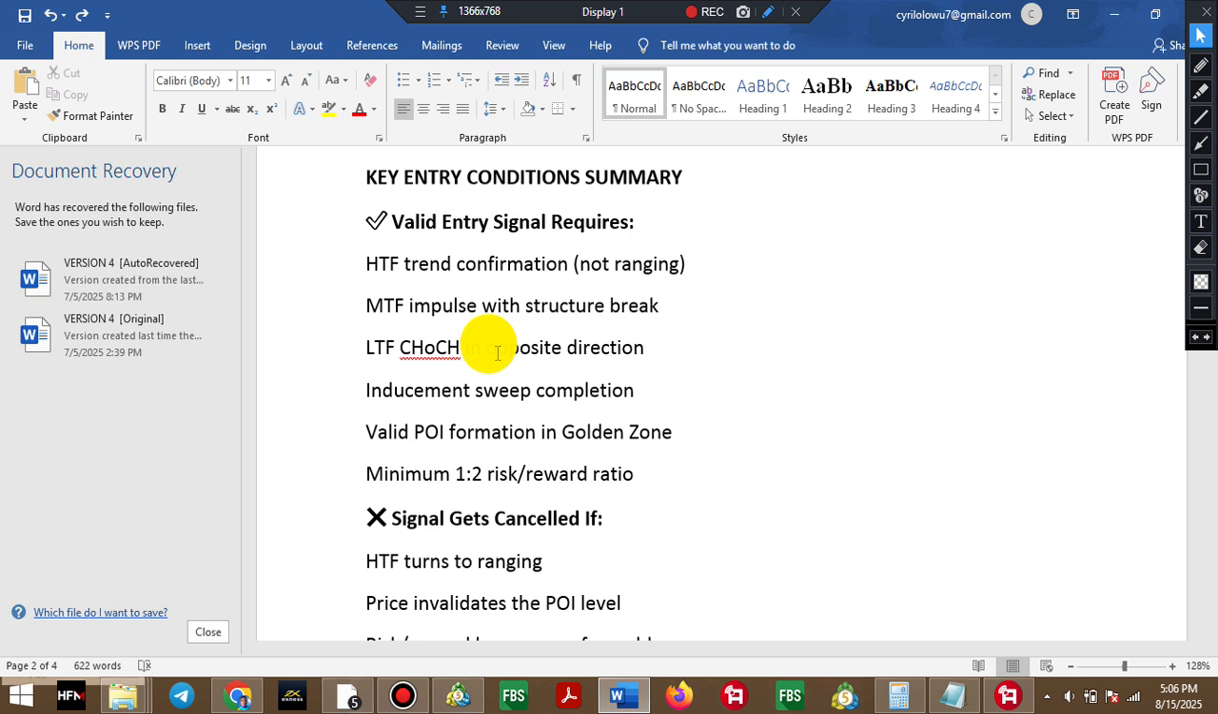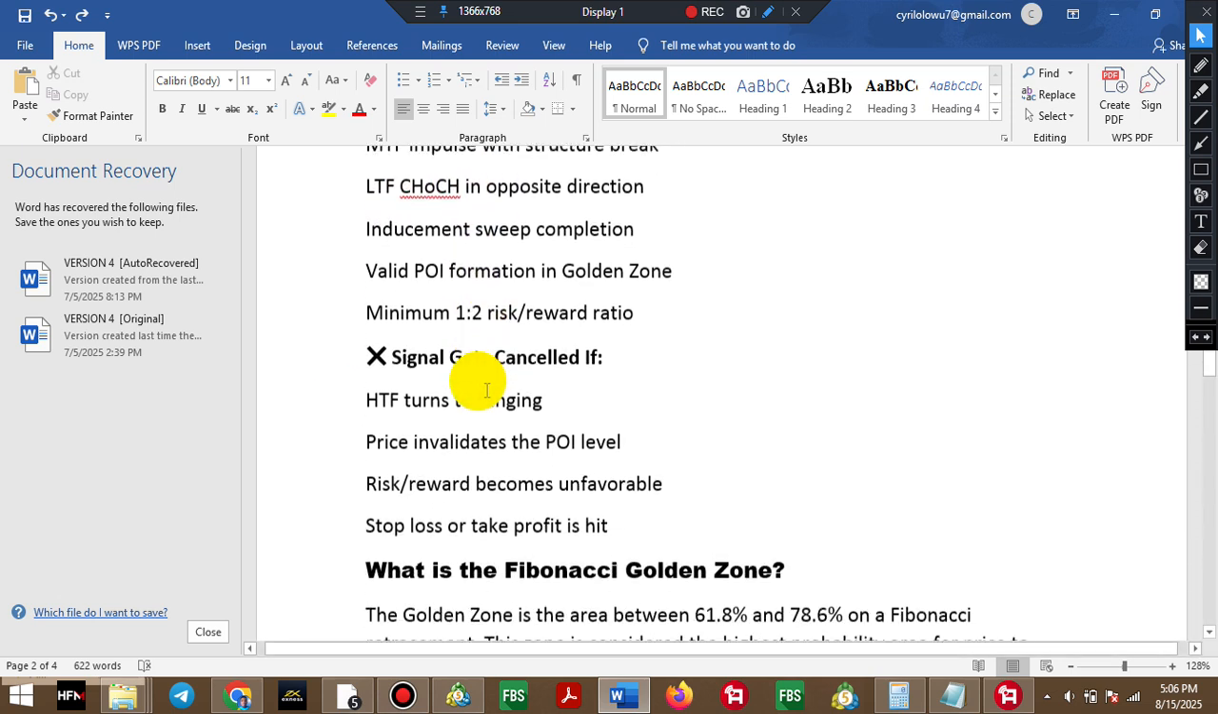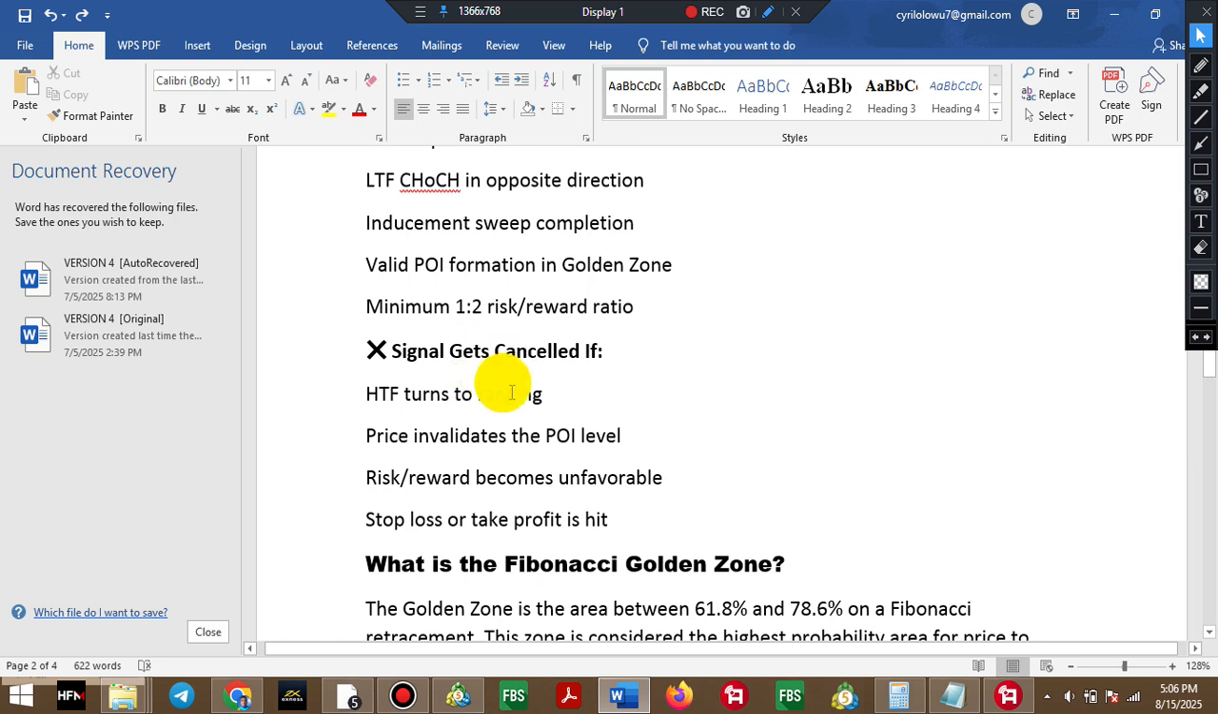That is why I'm making this video, to explain to you, and also tell you how you can go about it manually when you find such an opportunity, even if the system is ranging in the higher time frame. Now, what are the conditions that will stop this software from giving you a signal? The first one is